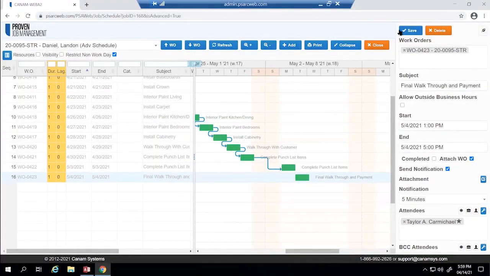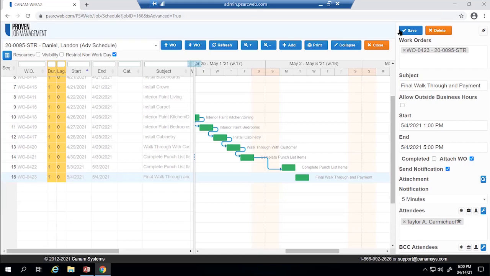As a best practice, it is recommended to wait and assign any attendees until your schedule has been fully built out and organized. The reason is if you assign attendees too early and you are dragging, dropping, moving, extending, etc., each time you make a change to the schedule start and end times, the attendees will receive those notifications that the scheduled work order has been revised within that time frame. It is best to create the advanced schedule, modify and organize it, and then assign work orders to the necessary